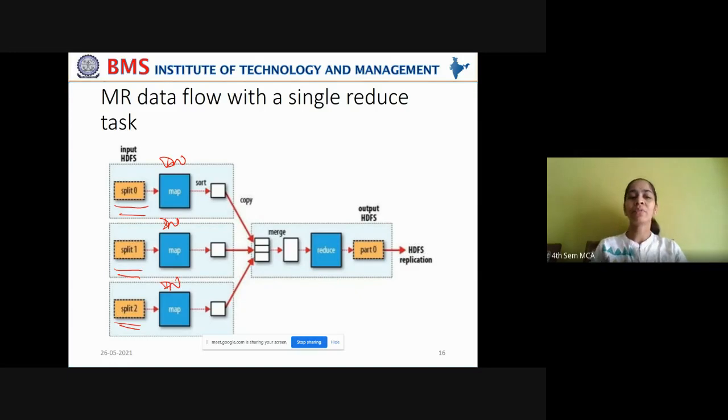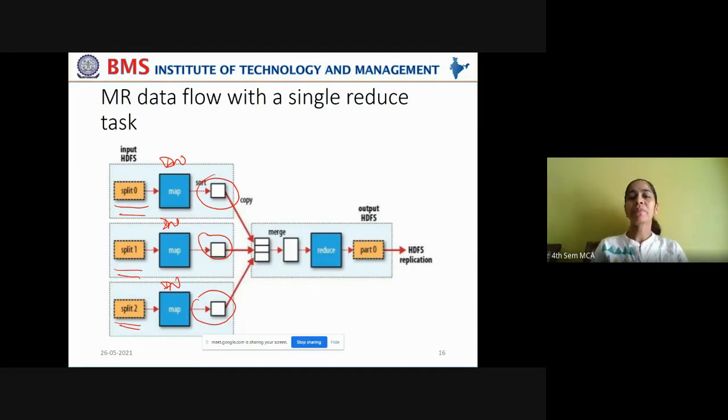These are all data nodes. These data nodes are receiving 3 input splits, and they give the output which is sorted, for performing some pre-processing of the data.